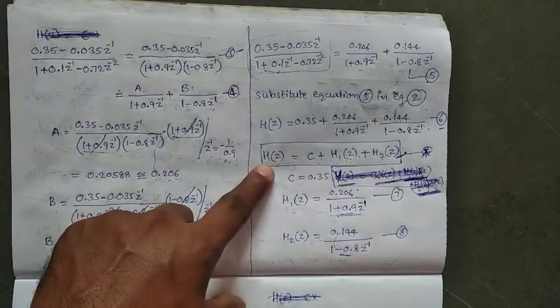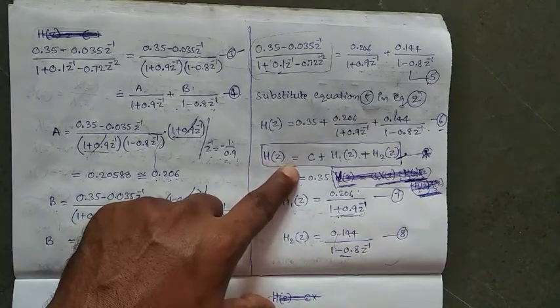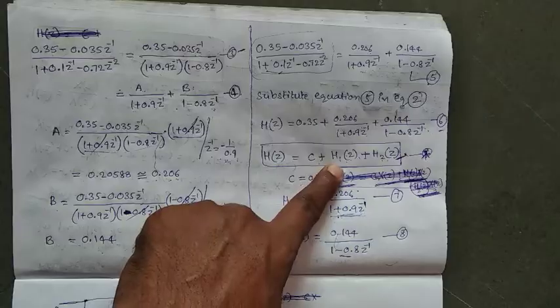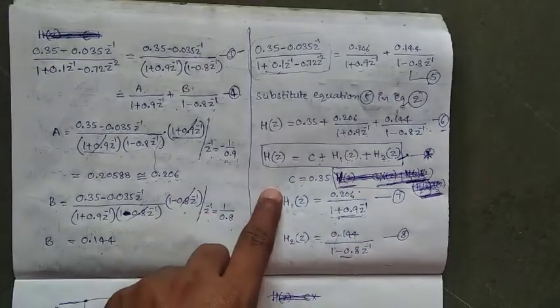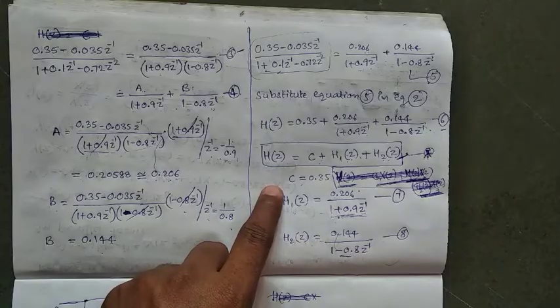Here H of z is equal to Y of z by X of z, which is equal to C plus H1 of z plus H2 of z. From this we are determining Y of z. Y of z is equal to C into X